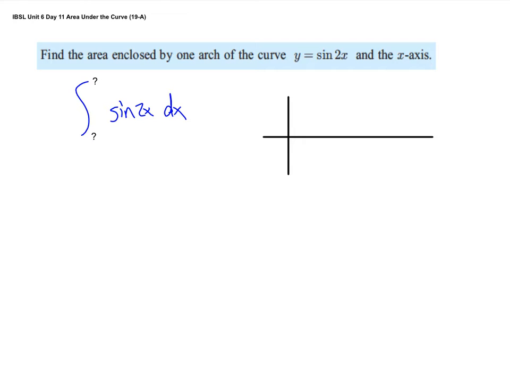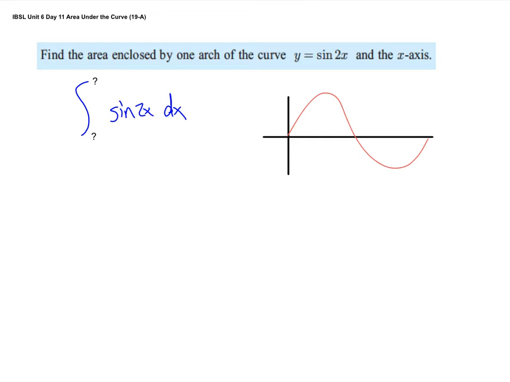So let's first of all sketch sine of 2x. And you might say, oh, that's easy, it looks like this. Well, yeah, but what are the x values? That's the tricky part here. You should know that sine starts at 0 at this point. But sine of 2x,